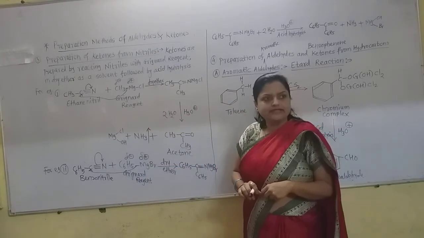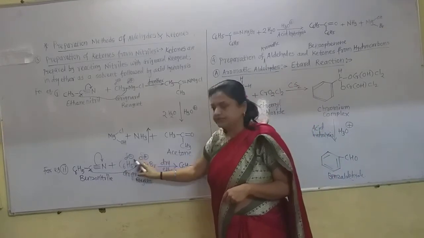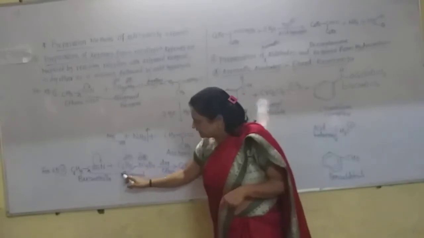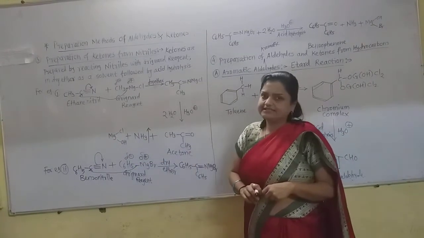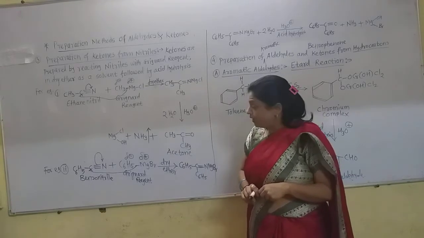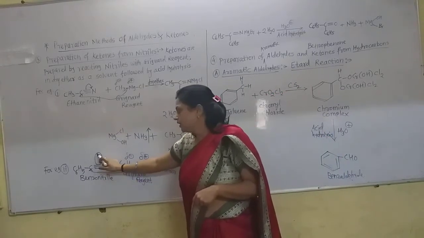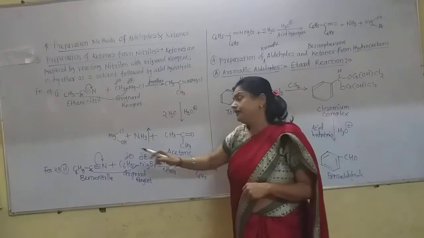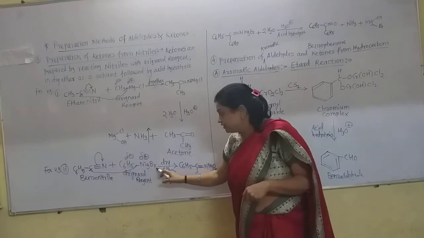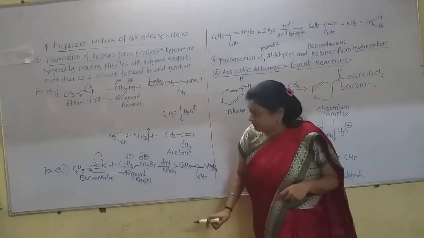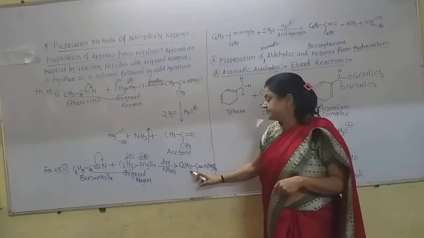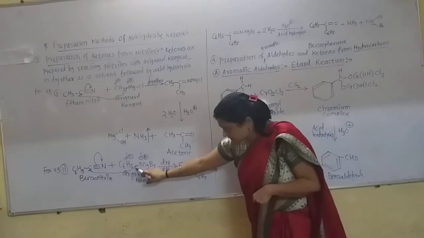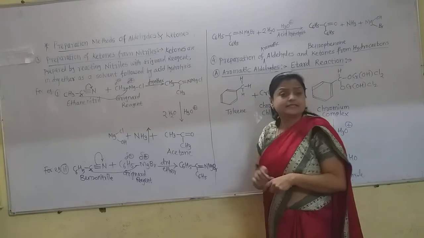Here also there is a partial negative charge on this benzene ring, that is the phenyl ring. So it attacks on this carbon atom, which is the electron deficient carbon atom. At the same time, one of the bonds shifts onto this nitrogen. There is a negative charge on that nitrogen, so that negative charge attracts this MgBr. And such an intermediate is formed: C6H5C double bond N, MgBr, and this C6H5, the phenyl ring, attached to this carbon.